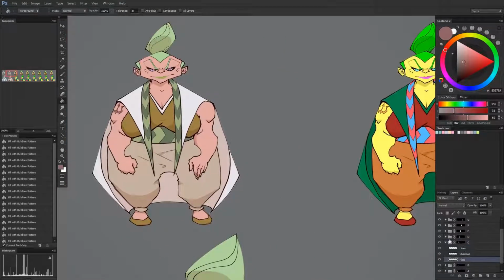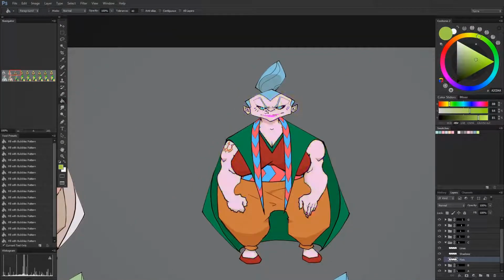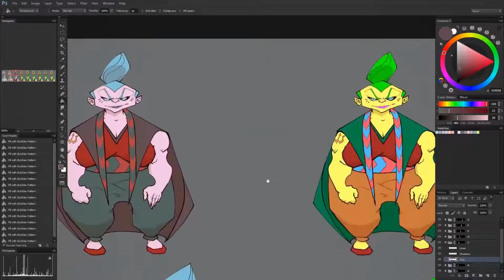But the method I use for this type of quick coloring relies heavily on anti-aliasing being off. And because I used Clip Studio for that initial coloring thing, it didn't exactly work quite right. And I'm sure I could probably figure out how to make it work.